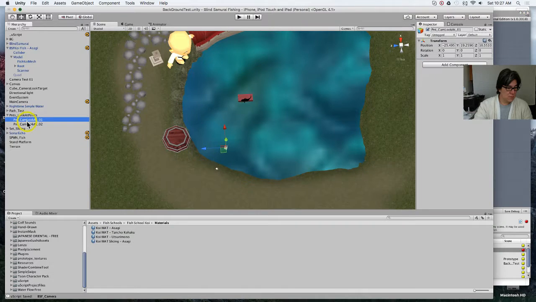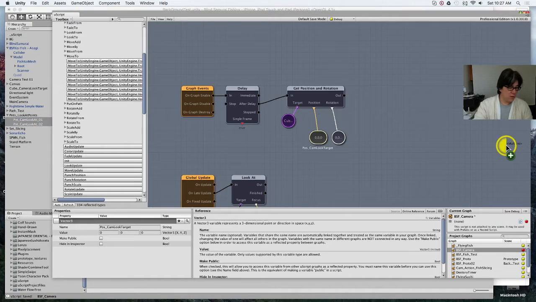Okay, Josh, I'm rebuilding my camera work, and this time I'm going to use some look at targets to make it look a little smoother. So, we're working on a camera script to hook it up. Give me a second, and I will hook you up with